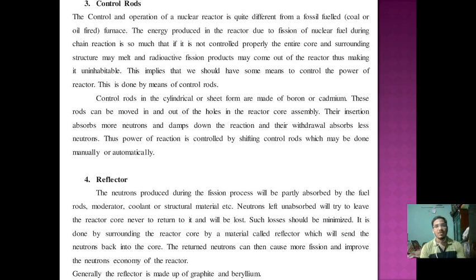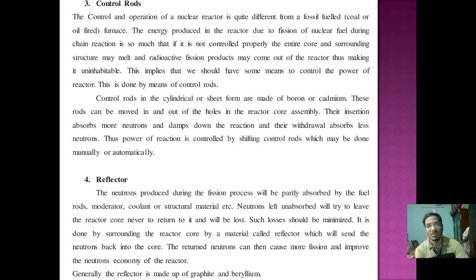Here the control rod is there to control the fossil fuel like coal or oil or fuel in that furnace. Whatever energy is produced in that reactor due to fission, if we are not controlling that energy in a proper chain reaction, the heat produced in that reactor gives higher energy, and that is effective for our surrounding area.